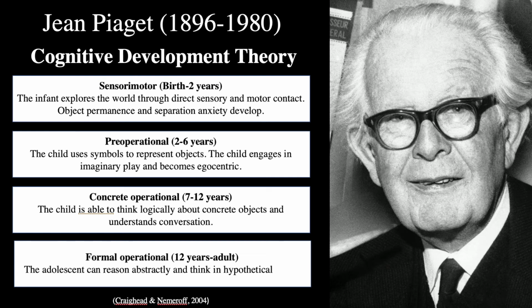The second stage is pre-operational, where children start to learn by using language and mental images. The third stage is the concrete operational stage, where children start to understand other points of view and start to understand logic, and they learn conservation. The final stage in Piaget's theory is formal operational, where children start to use abstract thinking and know the difference between right and wrong, and recognize that there are many ways of looking at things.